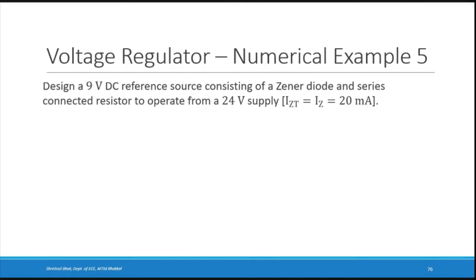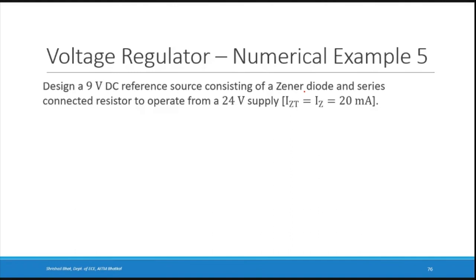That means you are actually designing a voltage regulator. This is an example for designing a voltage regulator. When you are asked to design, what does it mean? You are actually going to find the values of different components that you are going to use in a circuit. So in a voltage regulator, see here load is not mentioned. So it is a regulator without a load. It is given you are using a Zener diode. You have to find the specification of the Zener diode.